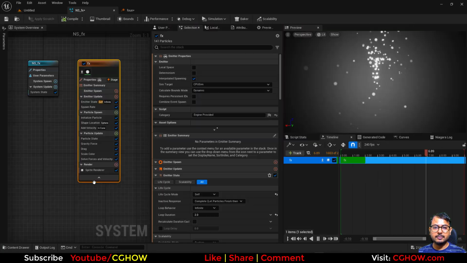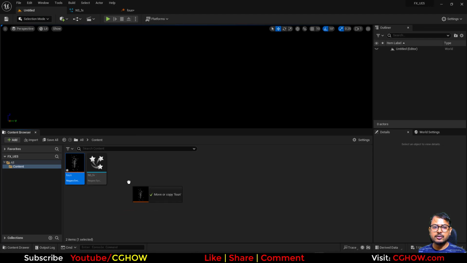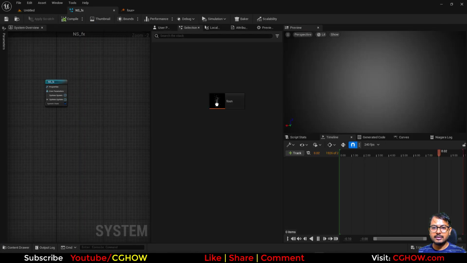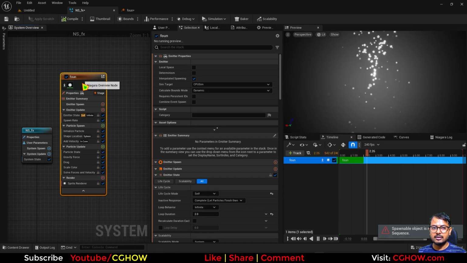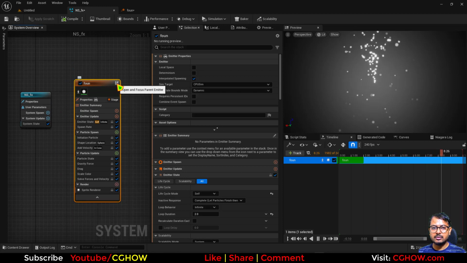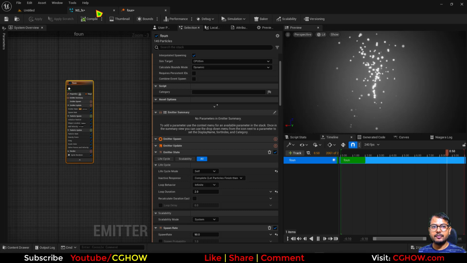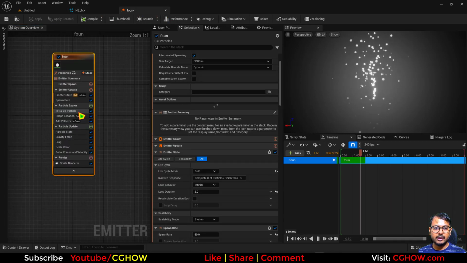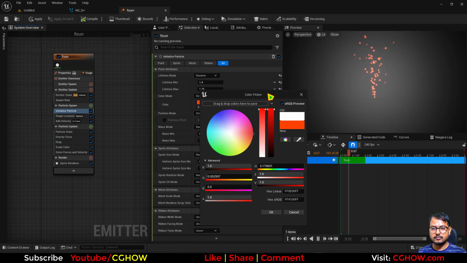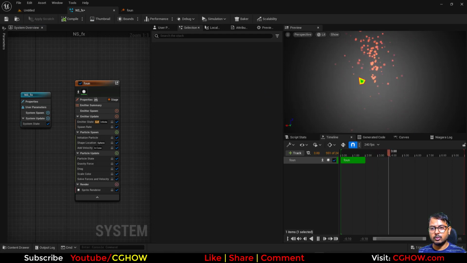So if I go back to my system, I can delete this, and now if I save, this is empty, we don't have any particle. You can directly drag your emitter into the system, drag it into the timeline, and see this found emitter is now here. When you drag it, there's an icon here which shows that it is still connected with that emitter. You can click here and it will open that emitter. If you change anything here, it will reflect here. Like if you change the color,